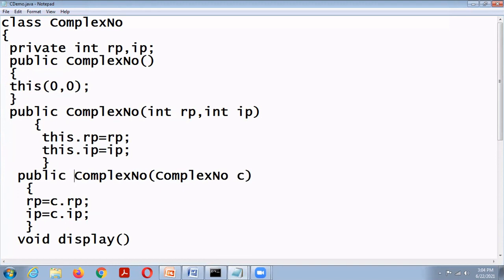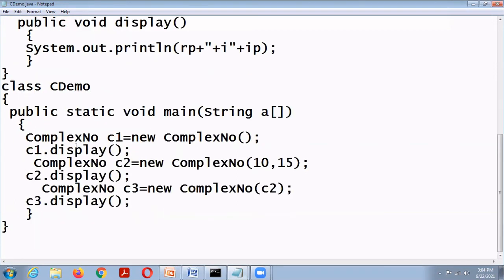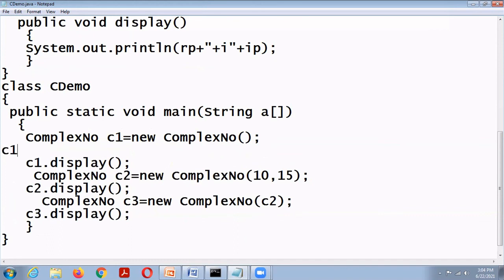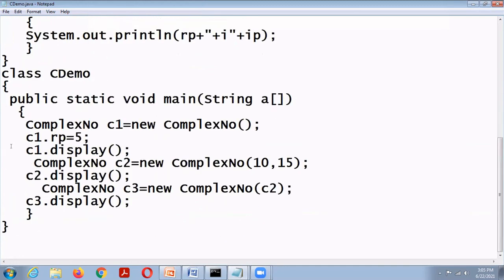Then public void display. So ComplexNumber c1, c1 dot display. Suppose c1 dot RP equal to 5. Here RP is declared with the private modifier, so it cannot be accessed from another class. So this statement is an error.